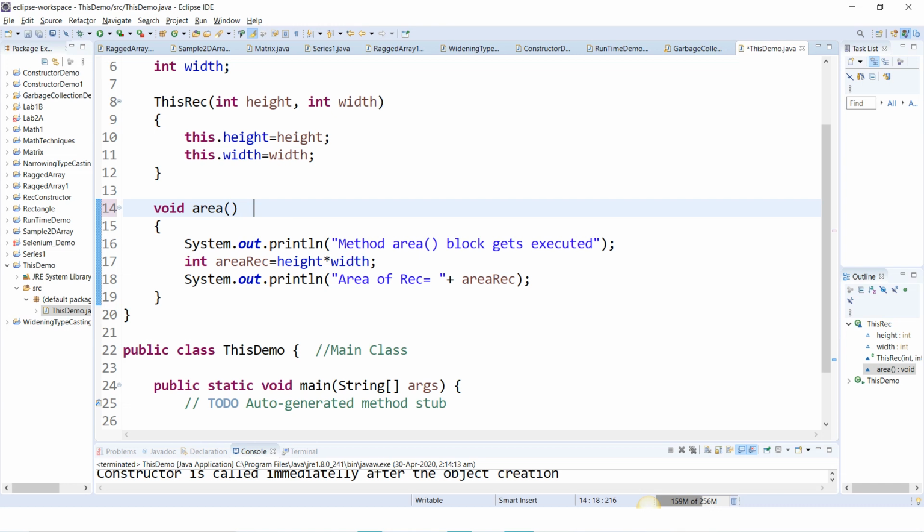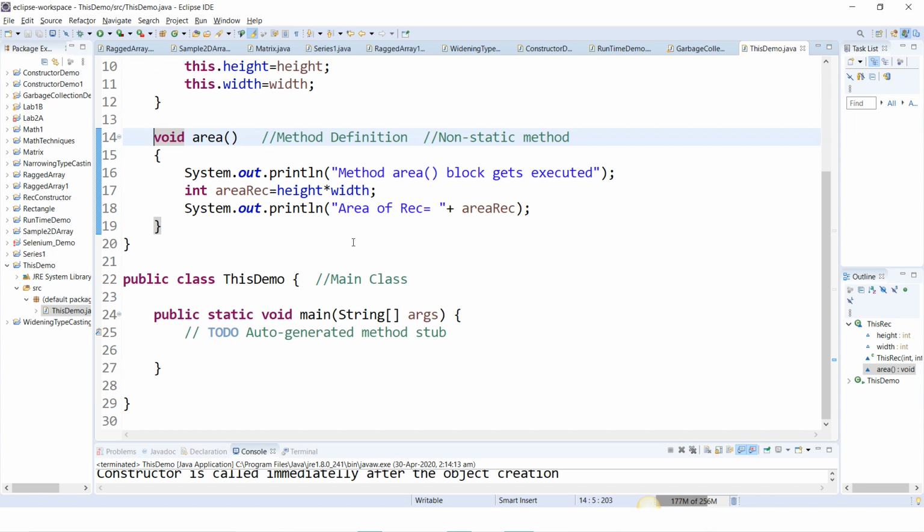This is the method definition. It is a non-static method, because we haven't used the static keyword before void. To access this non-static method we have to create an object.